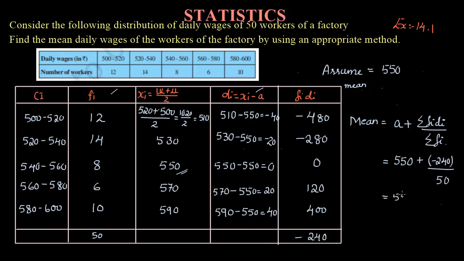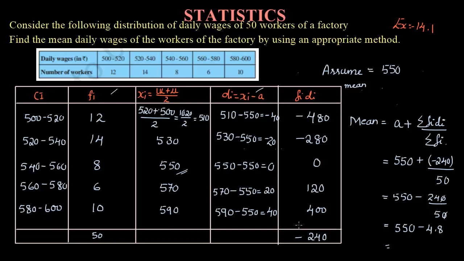Now you can observe here, if there is a bracket and you have different signs, you need to multiply. Plus into minus is minus, 240 by 50. Right? So the 0s will get cancelled. Now you need to divide 24 by 5. Right? So you need to divide these two values, and then whatever answer you are getting, you need to write here. So after dividing, you will be getting 4.8, and then subtract this: 550 minus 4.8.